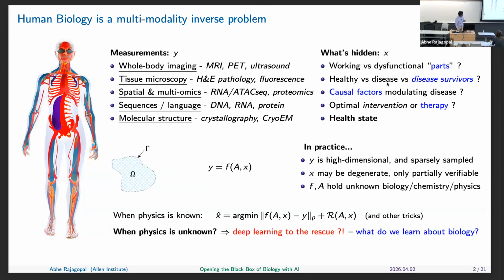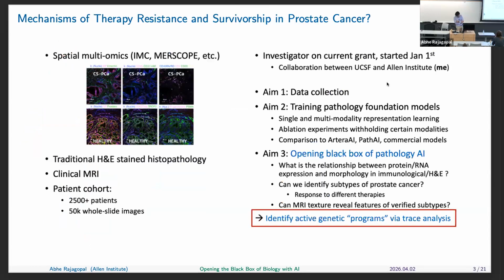And to provide some context, before I start, I have this grant right now with UCSF and a few others where we're looking at multimodality data, spatial transcriptomics, which refers to looking at the gene expression data in individual cells, but in a spatial configuration, meaning that you can align it with tissue microscopy. So this is like two complementary types of information: what's the structure or morphology of a cell or a tissue, together with what genes it is expressing. So it's a way to connect structure to function. This is the focus of the grant.